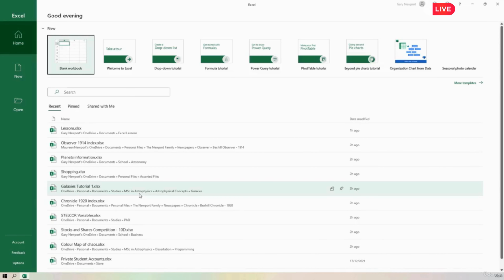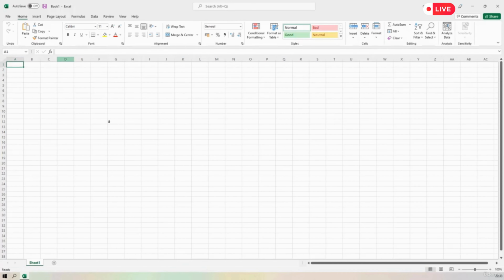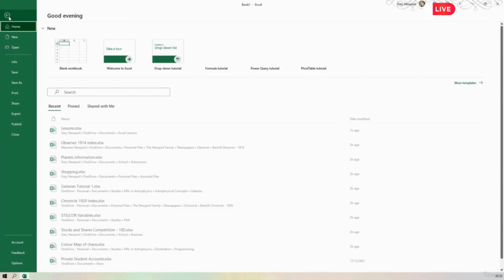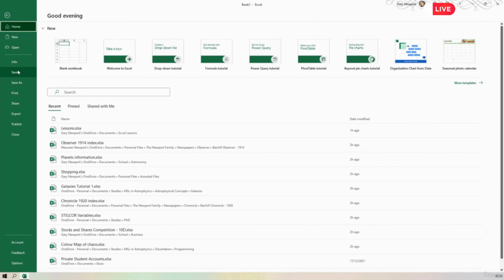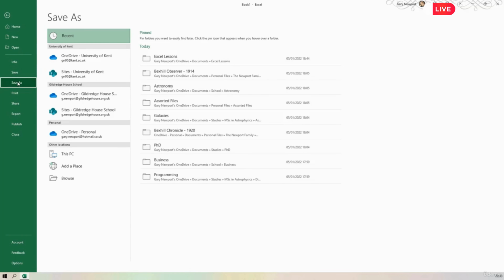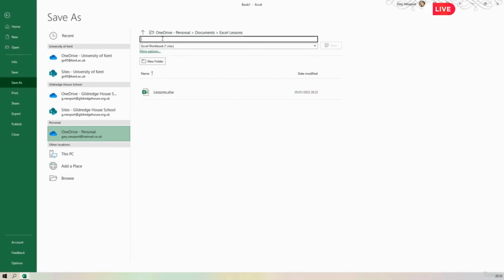Start up Excel. We're going to work with a blank workbook, so I'm going to click on blank and I'm now taken to the blank workbook. And just before we slow down a little bit, I'm going to go to File. Remember, it doesn't matter if I go to Save or Save As. I'm going to just click on Save, it will take me to Save As, and I'm still in Excel Lessons, so I'm going to click on Excel Lessons, and I'm going to call this one